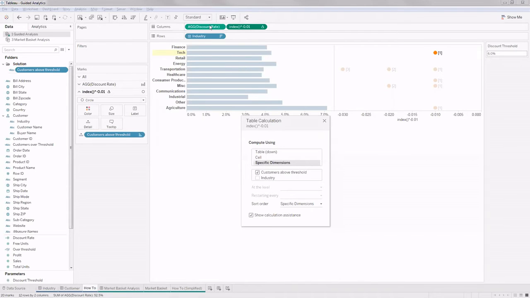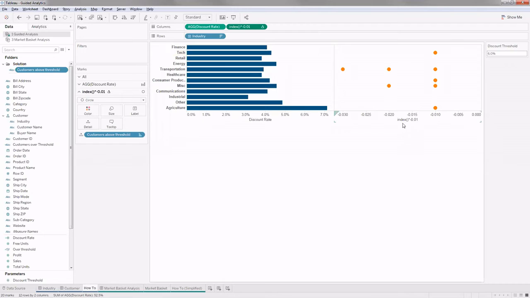All I'm doing is, I know my values will be like 1, 2, 3%, these kinds of things. So I just multiplied it with 0.001 to make it a fraction, and I gave it a minus sign to make it a negative number for visualization purposes. This calculation has no mathematical sense, just from the visualization point of view. So once I have that, since my calculation is getting done at every customer who is exceeding my threshold, I have one point for each and every one of those customers.